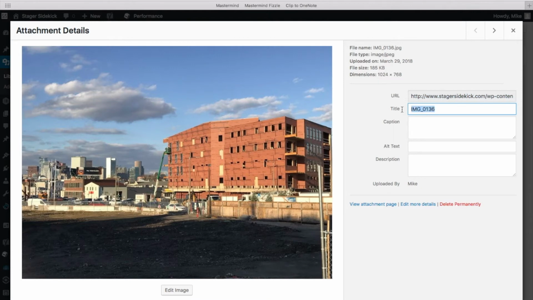So let's change the title of this picture, and we will call it a building under construction in Boston. Now, that's kind of like the title of a chapter for your book. The alt text will be a little bit more descriptive. So we will say something like building under construction in South Boston,